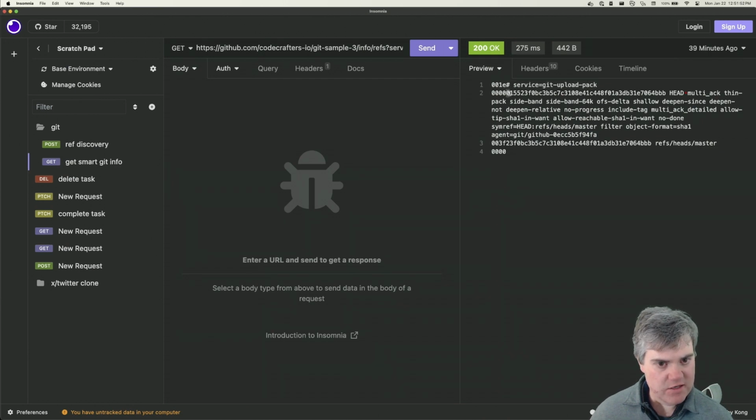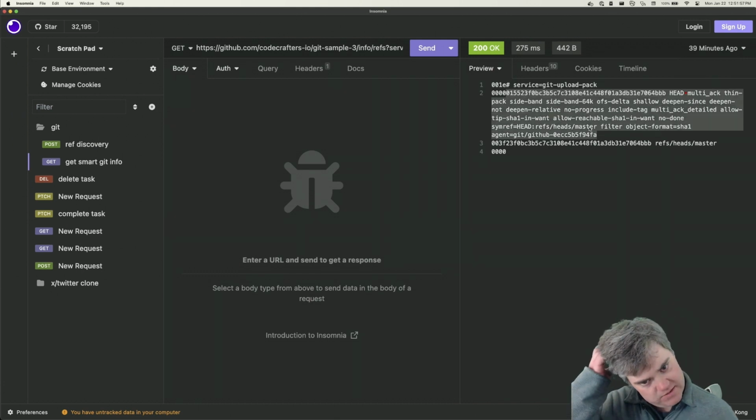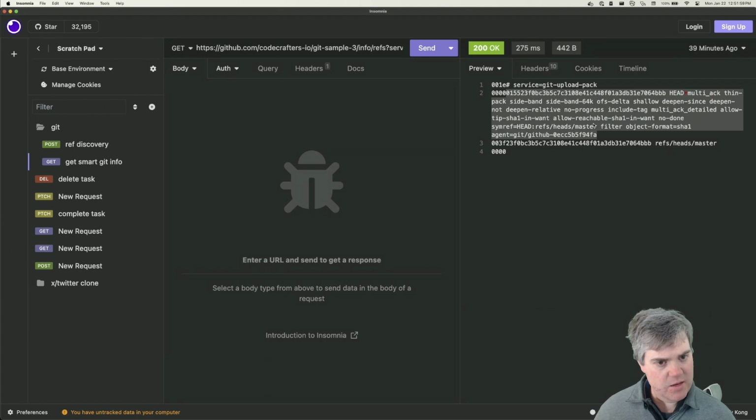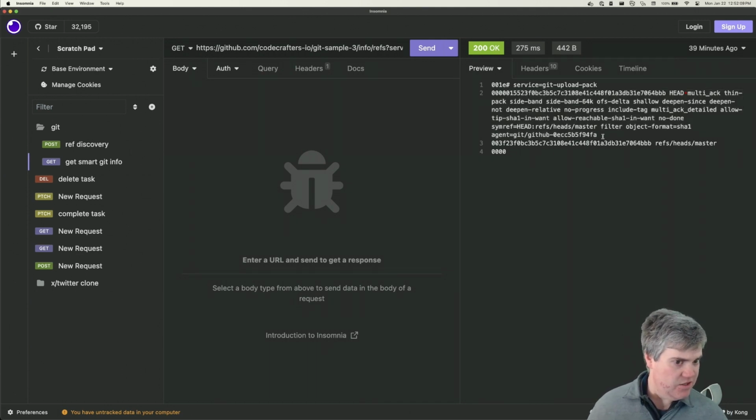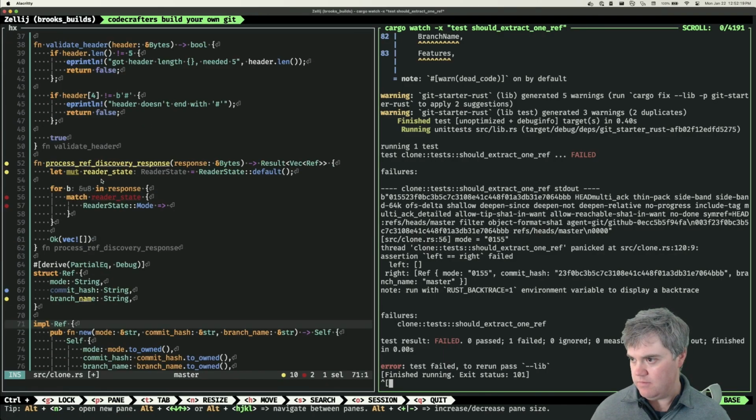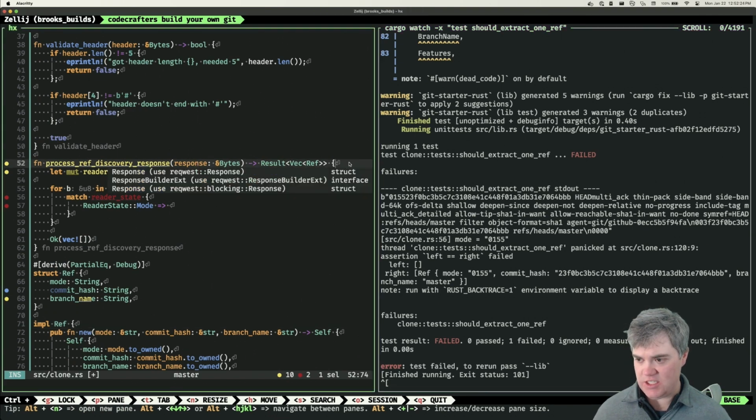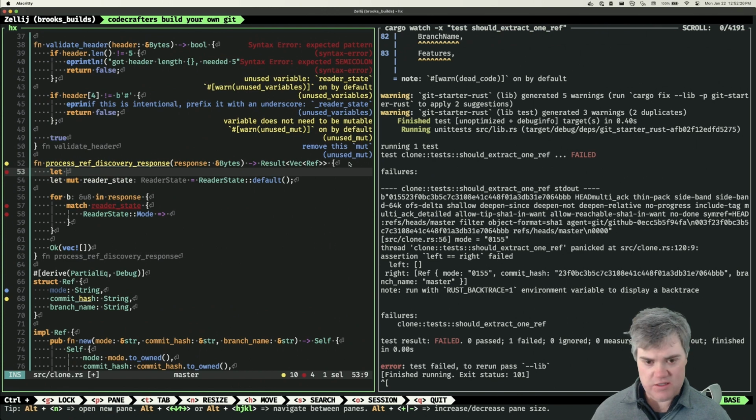So yeah, if we start here, this goes up until here. Okay, so this is the new line. And all I care about in this one is the beginning of it, right? And then we get here, and there's a new line here. So I kind of want to split at the new lines and then process each of these. Which means, can I take the response and then split at